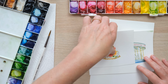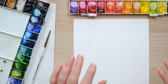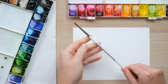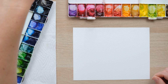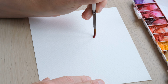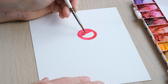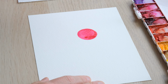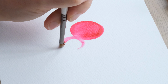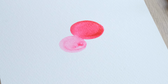So what I wanted to do today is do a little experiment with the two types of paper so that you can see, like for like, how they react. I've got my cold pressed paper first, and I've got a size 4 pointed round brush, and I am going to paint some colour blend circles, which is really one of my favourite things to do. So I've begun with some wet but quite colourful permanent rose, and I am painting very wet watercolour circles of